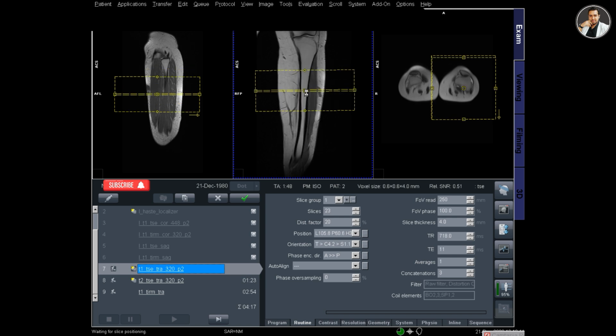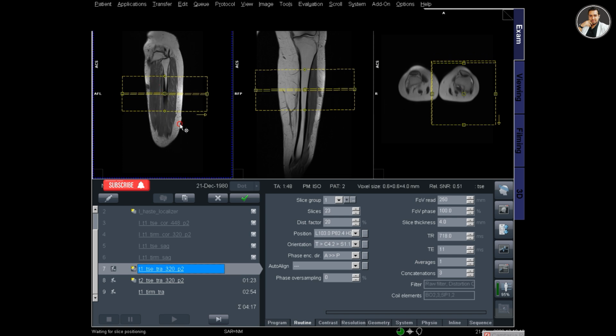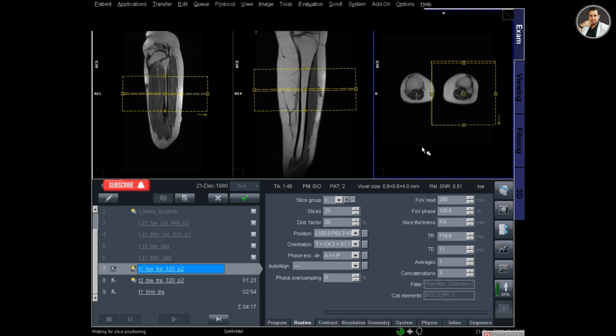I will drag the block to the center of the pathology, and on the sagittal image I will make sure that the slices cover the pathology, and also check the axial localizer.